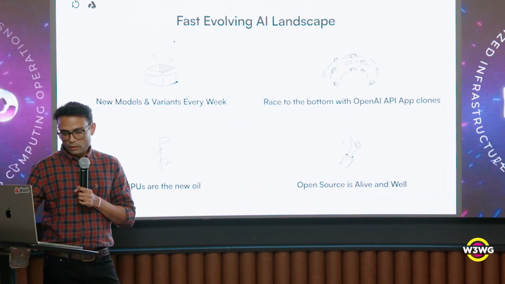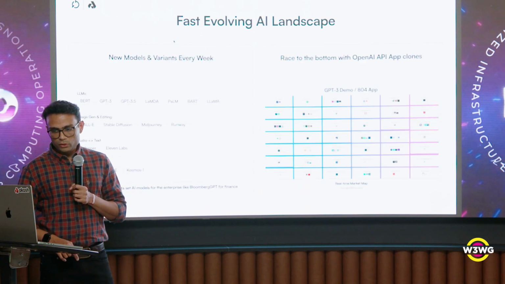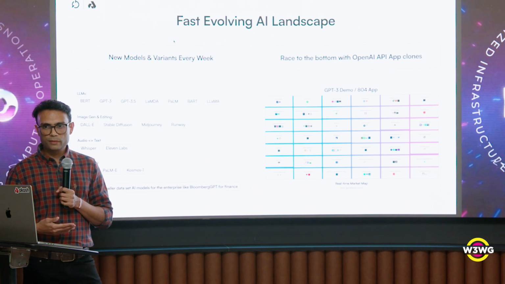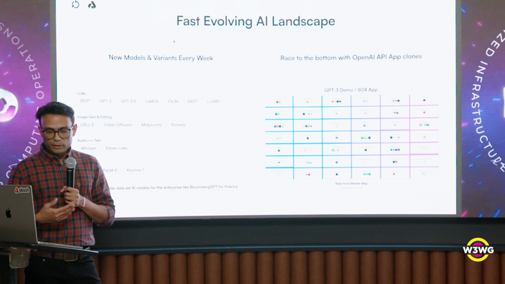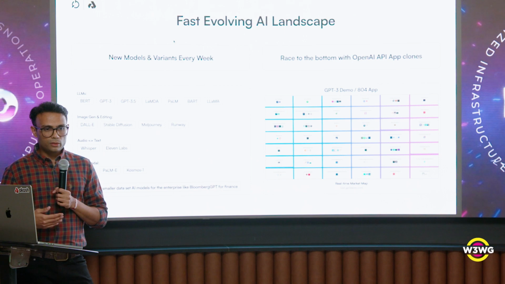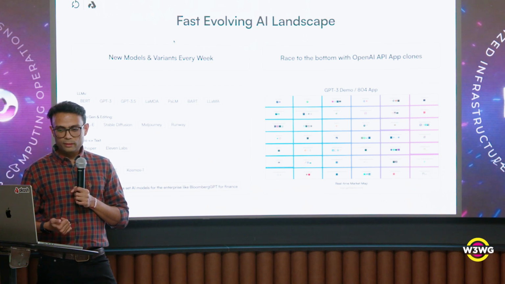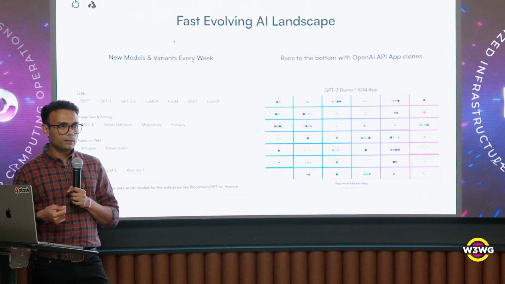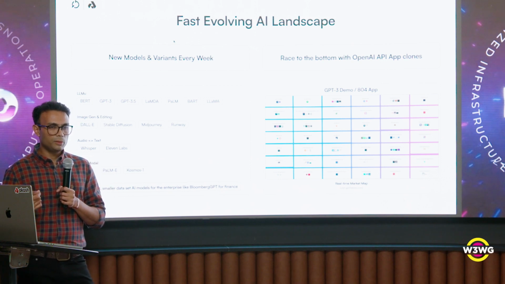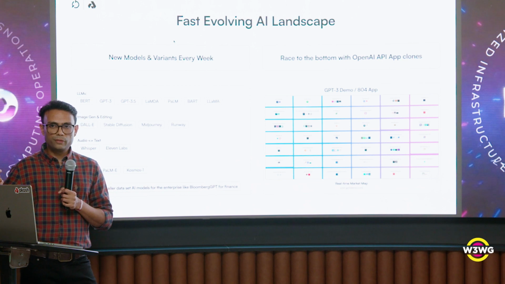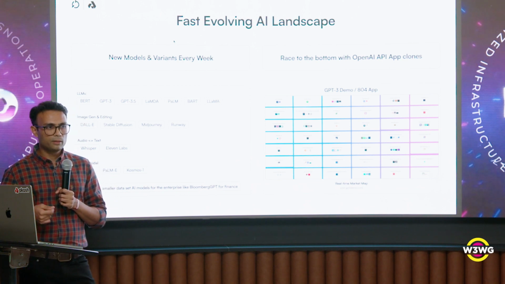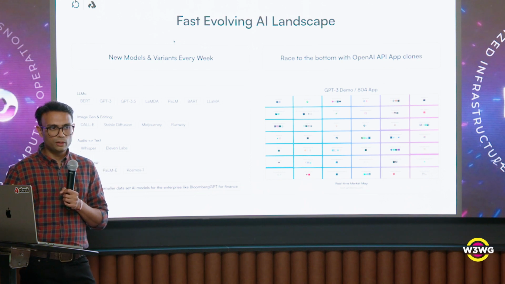given OpenAI's stance? So talking about the first two things, obviously, there's been a ton of new models that have come out since the start of the year. But the two things that stand out for us specifically is, number one, there have been a number of variants of these foundational models. These are basically people taking these foundational models, using some sort of limited data set, and producing a variant of it. So, something like Alpaca or GPT4All, for example. Those are good examples of those.